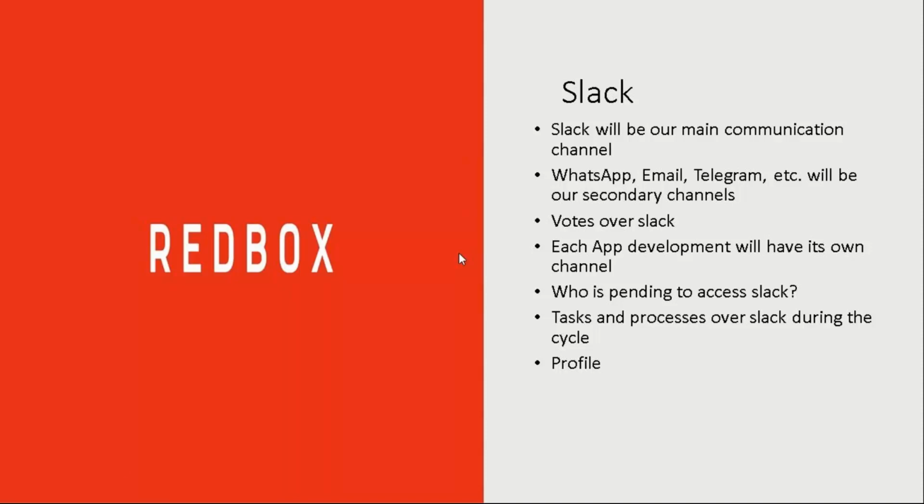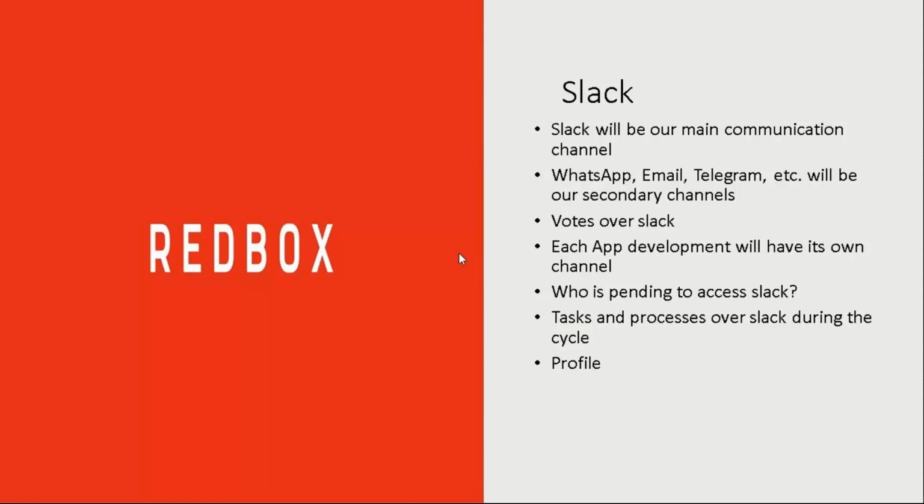I mean, for example, for the application that we will create, we need to vote for the one that we will work on the code, for example. So there are a lot of options, a lot of requests that we will need to vote for. So that will be over Slack, and we will have a channel for that.